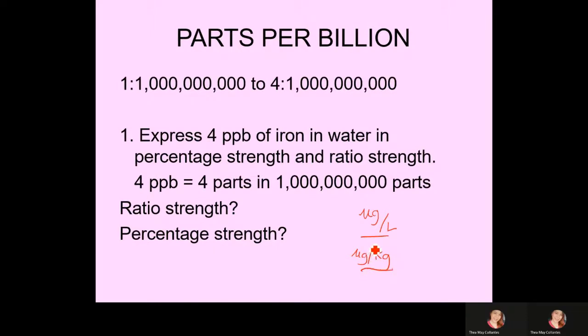Okay? So, this problem focuses on converting the 4 ppb to be expressed in your ratio strength. So, of course, 4 parts per billion, that would be 4 parts in 1 billion parts. So, what you will do, guys, is again 4 parts over 10 to the 9 parts. Again, then we make it 1 over x parts. So, whatever x is, that is what we express as ratio strength. And for your percentage strength, the